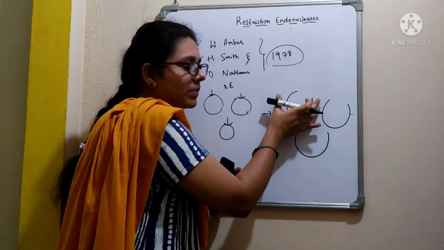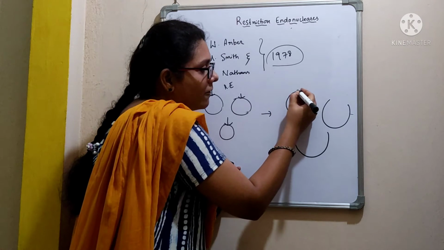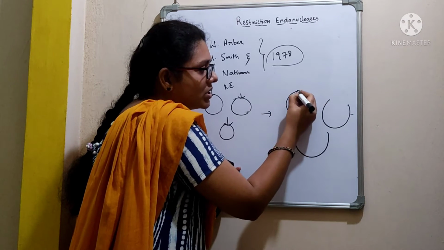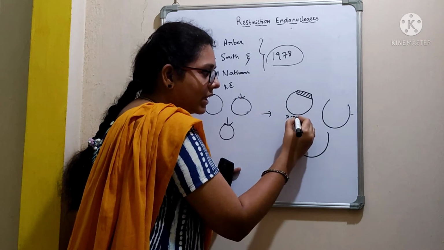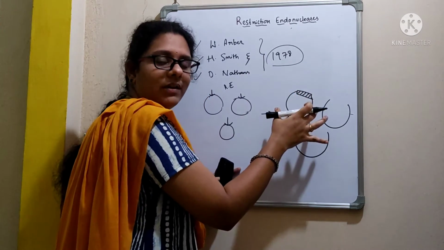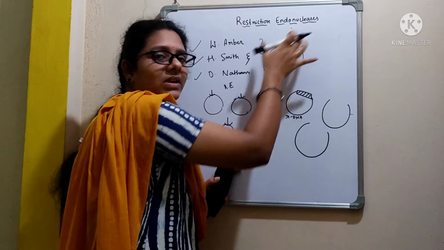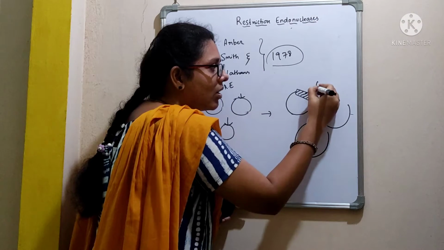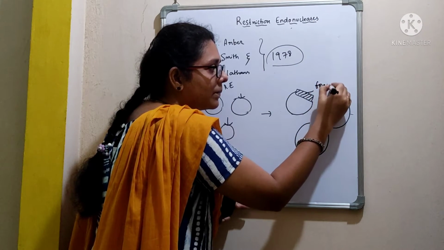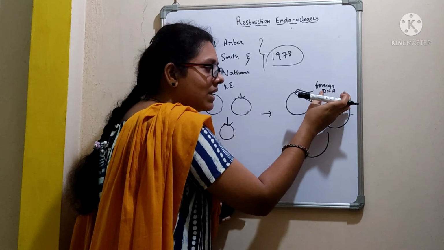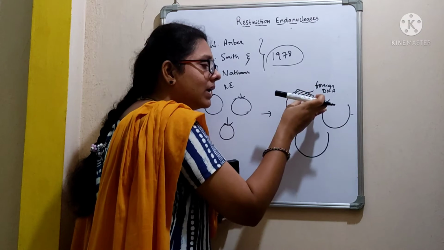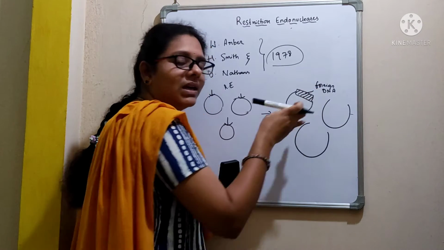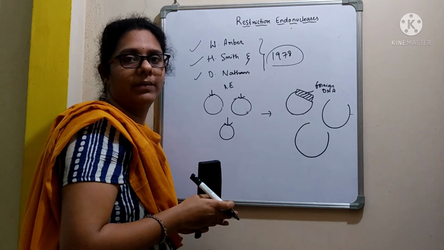Once we open up the vector DNA molecule, now we can incorporate the gene of interest, right? This is the recombinant DNA molecule. This is the new DNA which we can generate with the help of this restriction enzyme. We can call it a foreign DNA, because this DNA doesn't belong to the plasmid, we are incorporating it into this vector, making a recombinant DNA molecule.